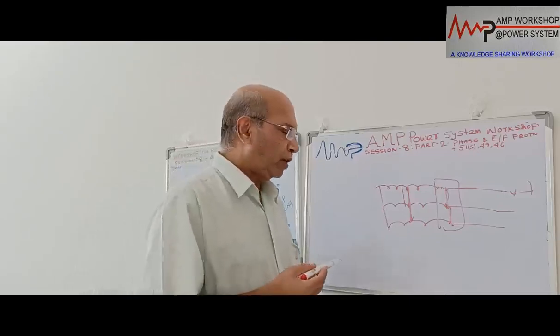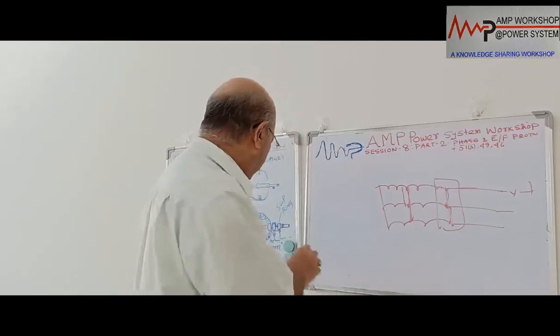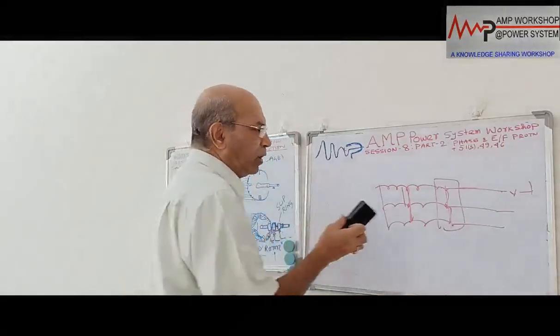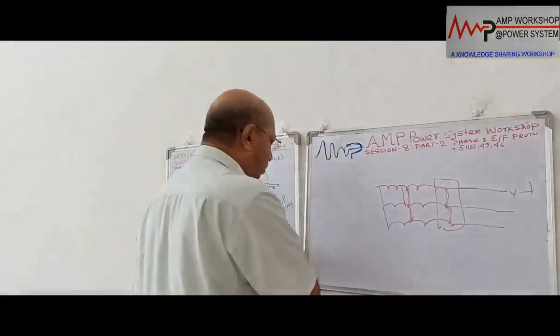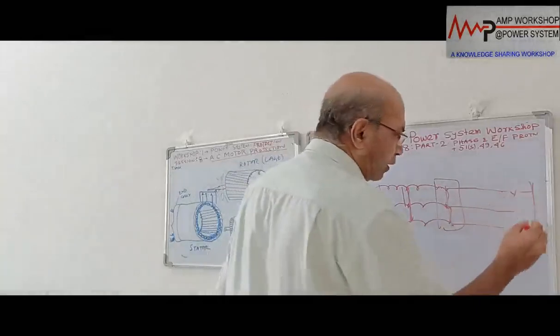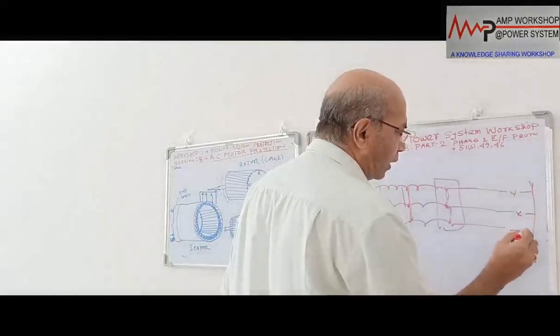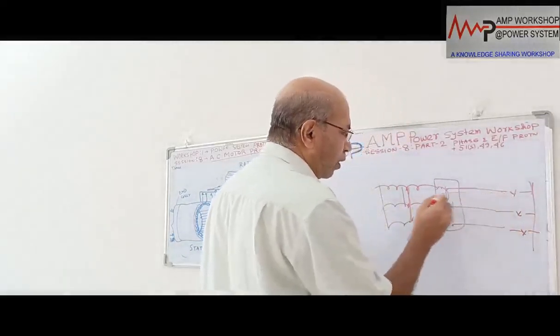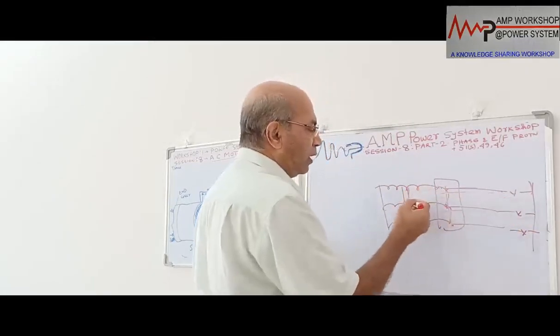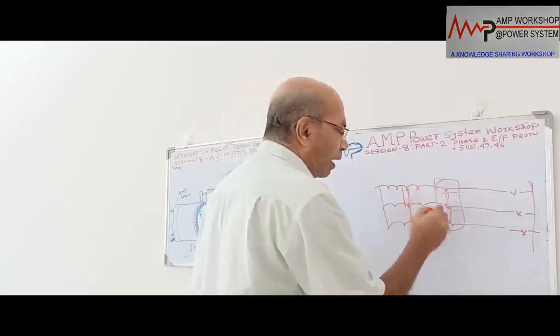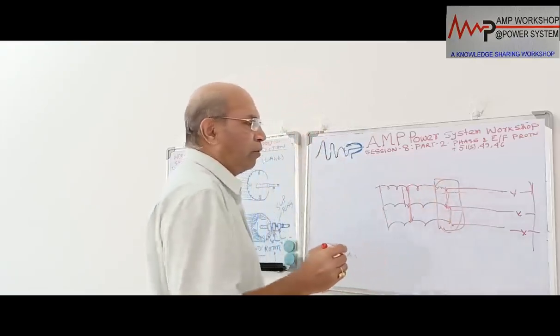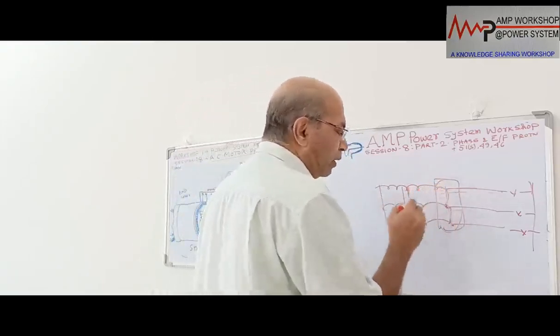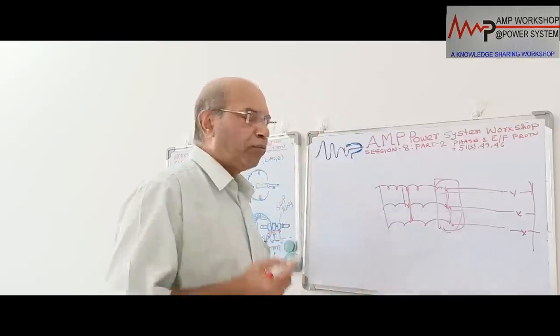So to protect against the phase fault, what do we do? In case of a phase fault, a high fault current will flow from the system, which is connected with the switch gear. Huge fault current will flow from the system to the motor winding, which will cause damage to the motor. So our intention is that the moment a phase fault takes place, we have to clear the fault as early as possible.